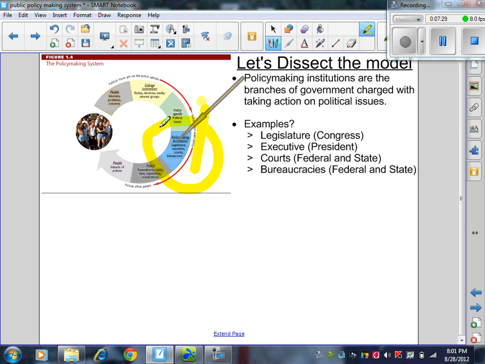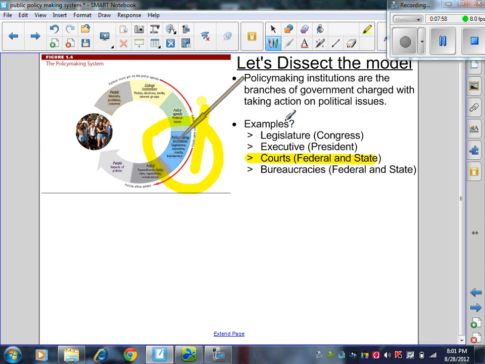He might also, we use the example of sending troops overseas as public policy. Sending troops overseas is an action made by the president himself. So there you're seeing public policy not just being in the form of laws, and you want to make sure it's really clear that you understand that. The courts, when the Supreme Court makes a decision, that becomes public policy. A really good example of a Supreme Court decision that is public policy, or that was public policy, is,